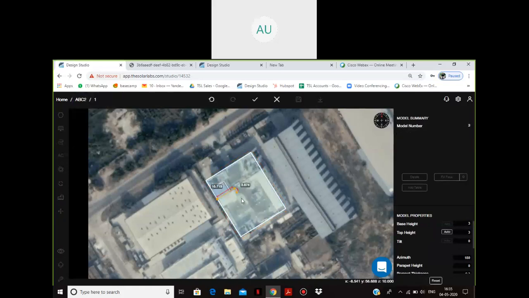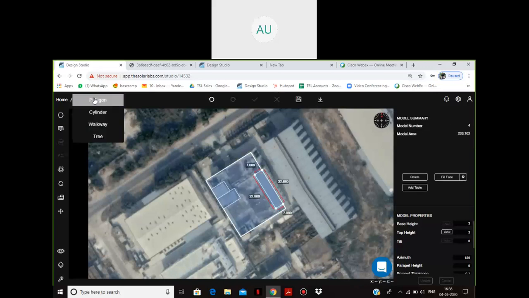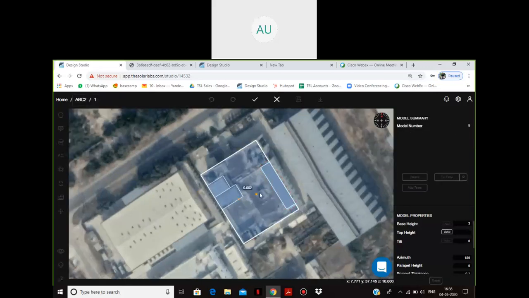Right now I'm going to the model and choosing this polygon tool again and again. But as you go through this software and as you get versed with it, you'll be aware of the shortcuts which we can use. So I can directly even use P to draw the polygon. So it increases my speed while designing. I have a polygon here as well.